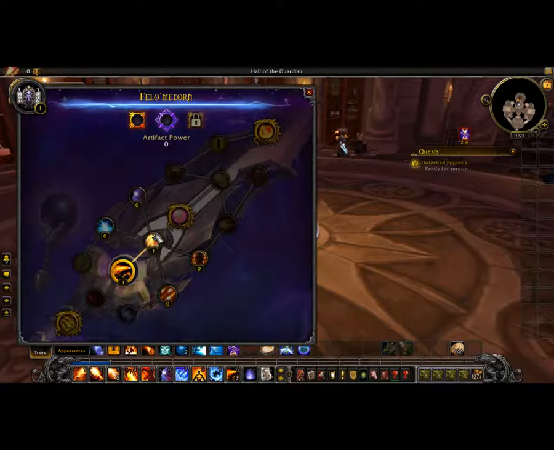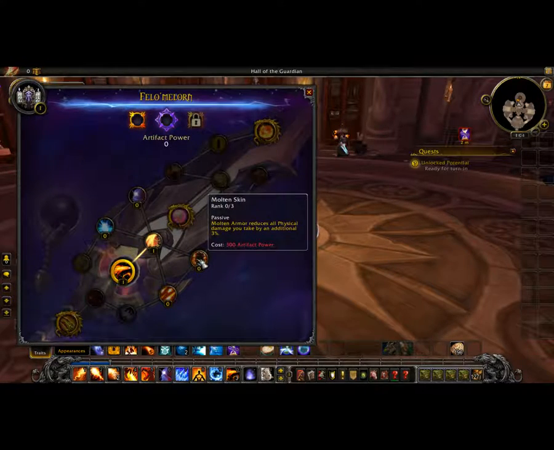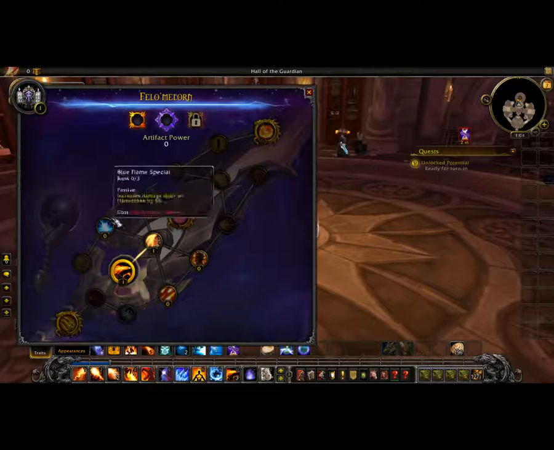Okay, so if we move over to our left, to our right, and up and down, you can see that these are all connected to the one we just clicked on, the trait we just took. These are the directions that we can go. They cost 300 artifact power, and I believe each rank will cost 300 artifact power as well. It may change by the time the Legion servers go live. It may be 300, 350, and 400 for each rank, but as of right now, I do believe it's 300